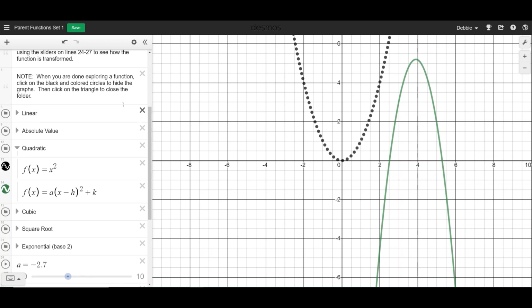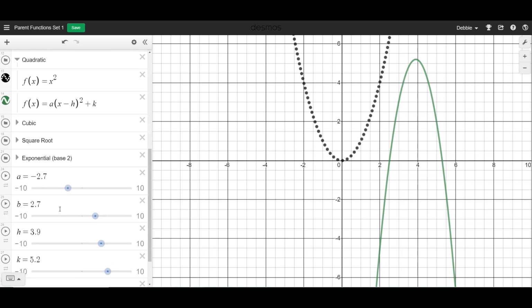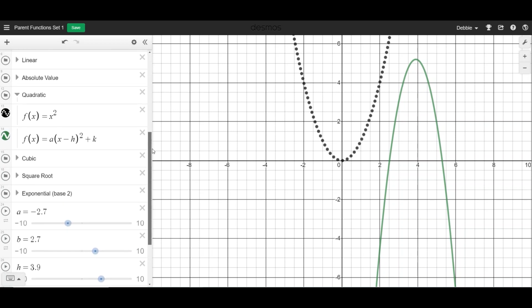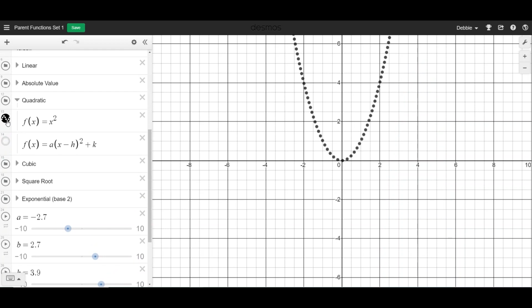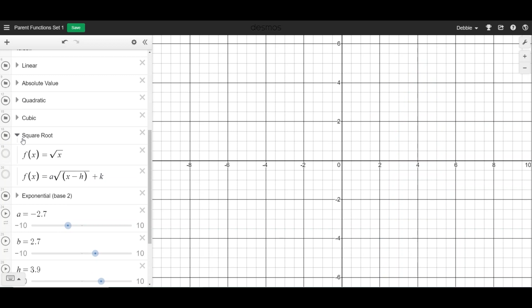Notice that it says that when you're done exploring a function, click on the black and colored circles to hide the graphs, then click on the triangle to close the folder. And that's because all of these sliders are linked to all of the functions. And so just click the circles and close the folder, and then you can open up any other